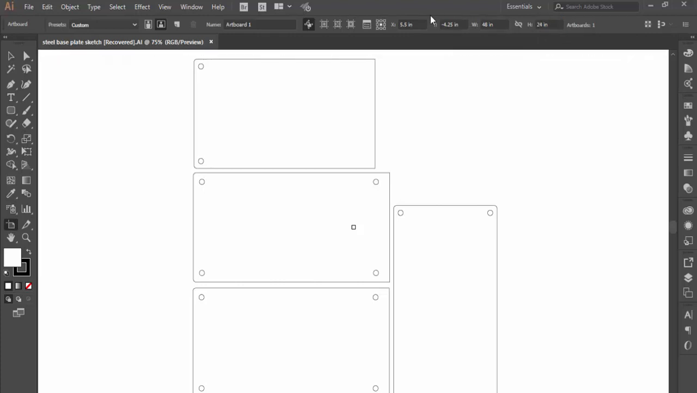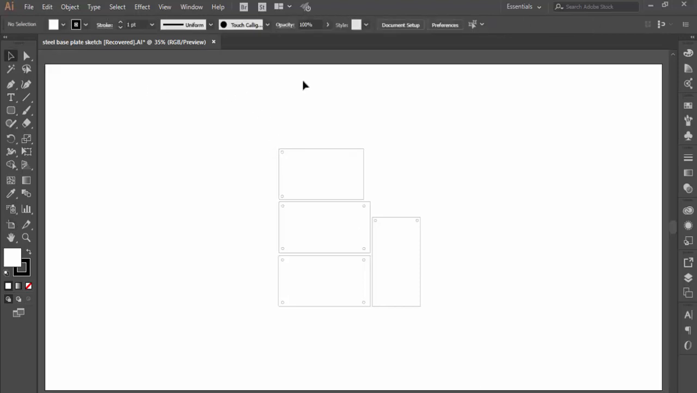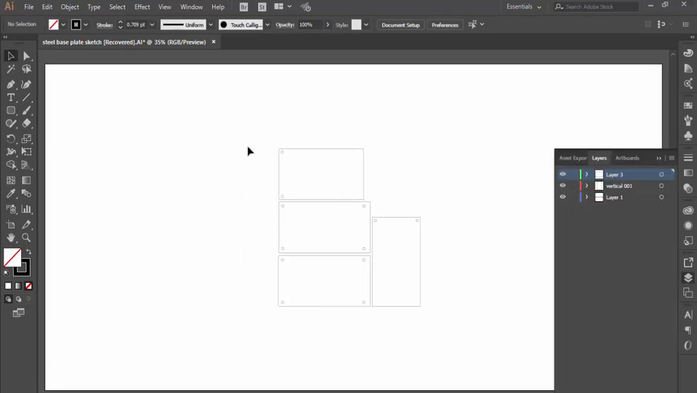Okay. Now that I've done that, I'm going to do a Control-0, which allows me to zoom to the extents of my file. This is actually the size of my plate of steel that I'm going to be working from on the plasma cutter. So what I'm going to do now is hit Escape to get out of Edit My Artboards, and I'm going to grab all of this. Let's make sure our layers are not locked like they are now. I'm going to grab all of this,